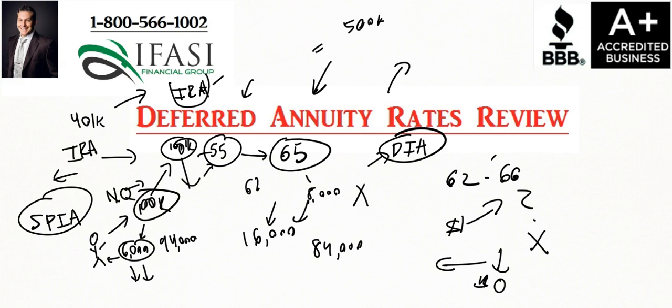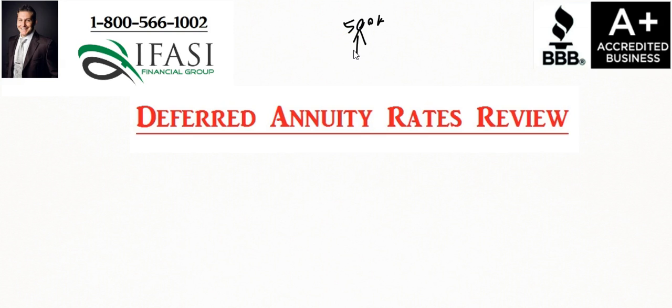So let me clear off the screen real quick. And I'm going to keep that $500,000 example on the board. So if we had that male age 55 and at age 65, he says, I want to retire. Well, then it's very important to understand what his income sources are. It's very important to understand what sort of guaranteed lifetime income he's going to be receiving at age 65 and base it upon what his budget is.